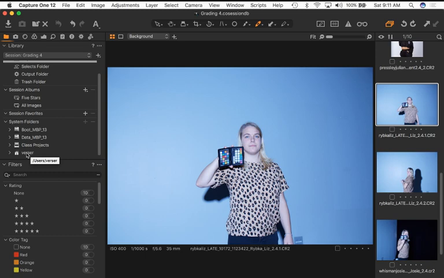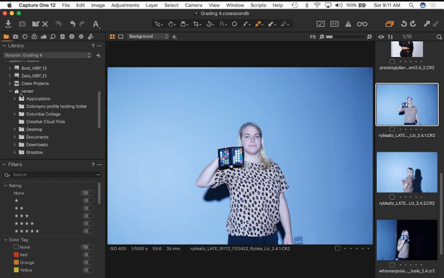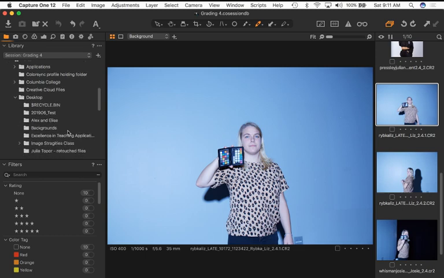In the case of me and in the case of you guys, you need to come down. In yours, because of these computers that you're on, the user is Studio. So do you guys see a folder that says Studio? All right, so click on that little drop-down arrow to open that up, and you will see this is all the stuff that is associated with that user, including the Desktop. So if you guys click and open up your Desktop, because that's where I asked you to copy those folders, you should be able to go in there and find that